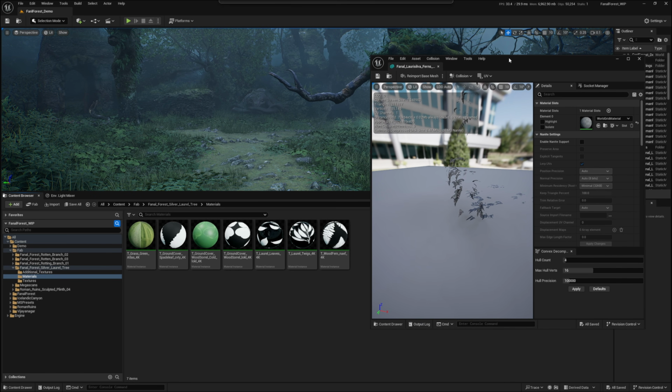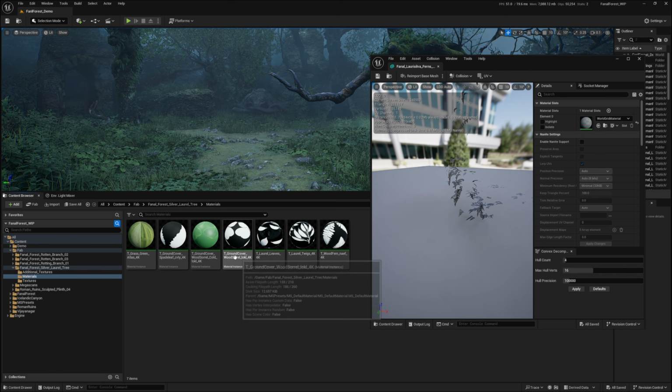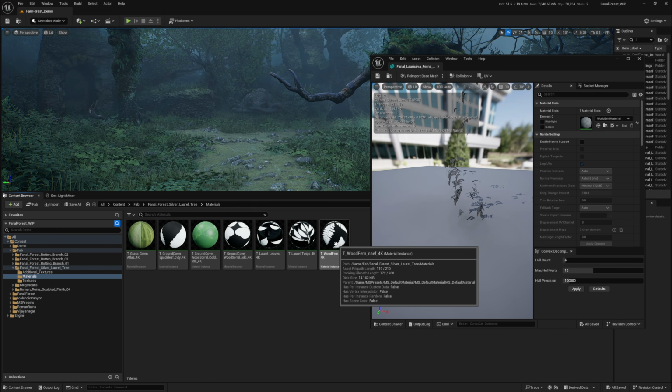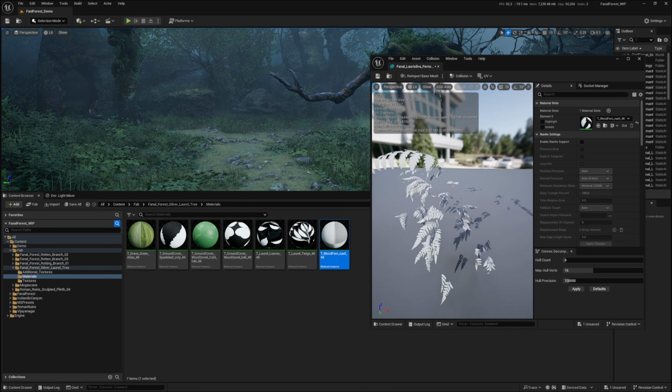So something went terribly wrong here as well. So let's check. So these are the Megascans materials, material instances here. So let's see, if I take the fern one, this is the wood fern here. So this in theory should have been assigned to the ferns. See there? But now it's